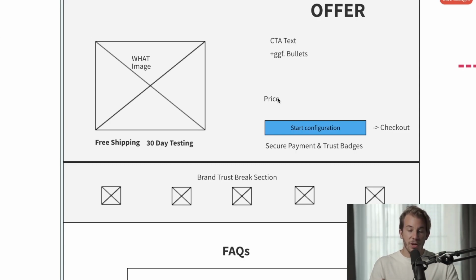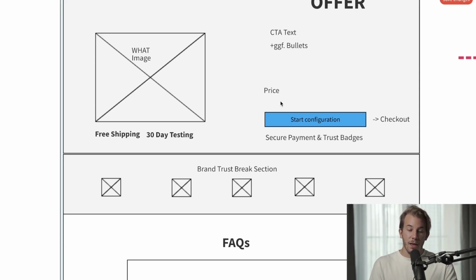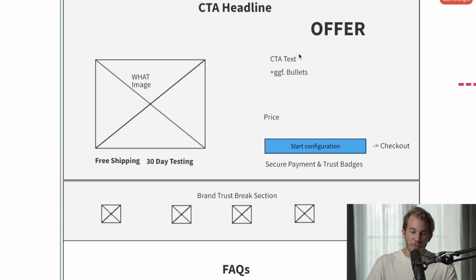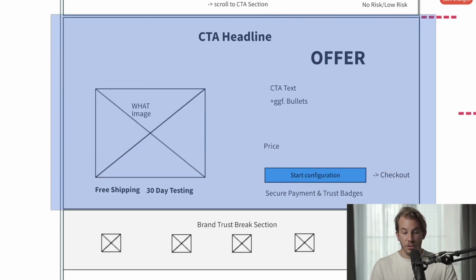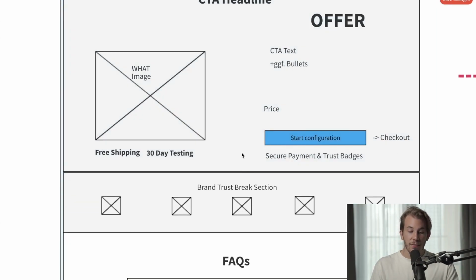Now it only costs 300, 500, 200, and you put that price here, and you design it in a way that looks just really, really nice. That's why we have this whole section dedicated for the call to action. And then you can follow up with some badges: secure payment, SSL certificate, pay with PayPal, pay with Apple Pay, one-click payment, Stripe, whatever, and the call to action button, which then, for the first time now, would start the